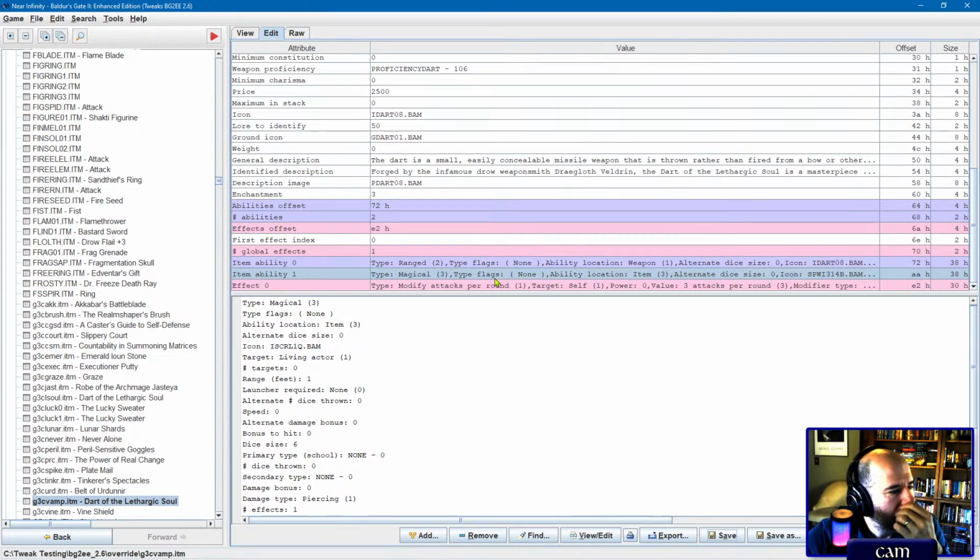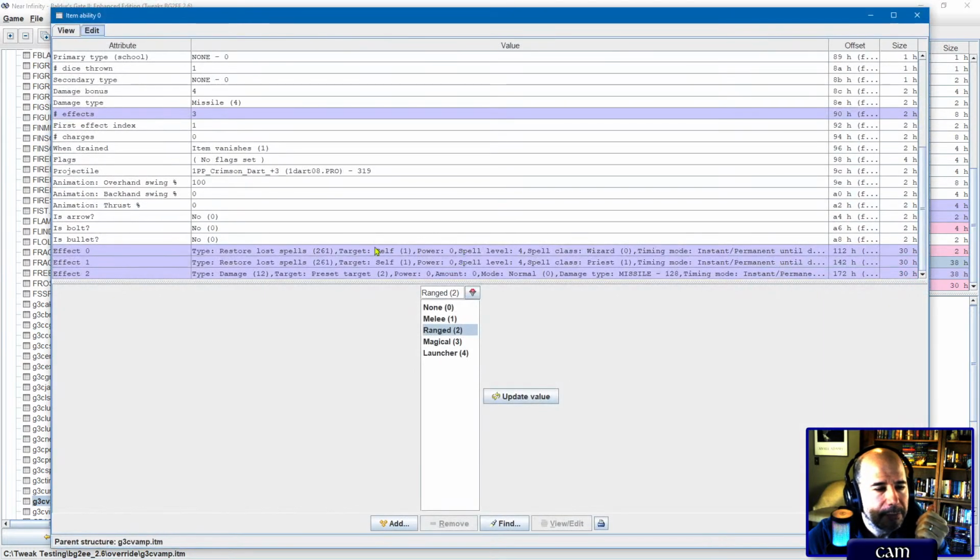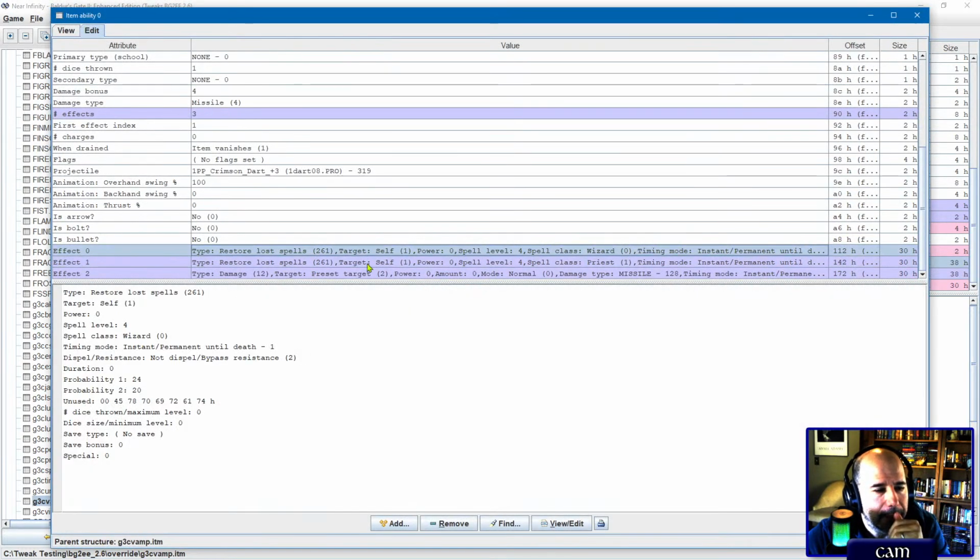So let's see, and then 2024 for priest and 25-29 for wizard. I left them at the same range, and the reason why is because there's never going to be a time when somebody's going to trip both of these and have both actually do something, right? Mage, sorcerer, mage thief, fighter mage, thieves can all use this item. None of them have divine spells. And then if you look at who uses divine spells, priests can't use this item. Druids can,